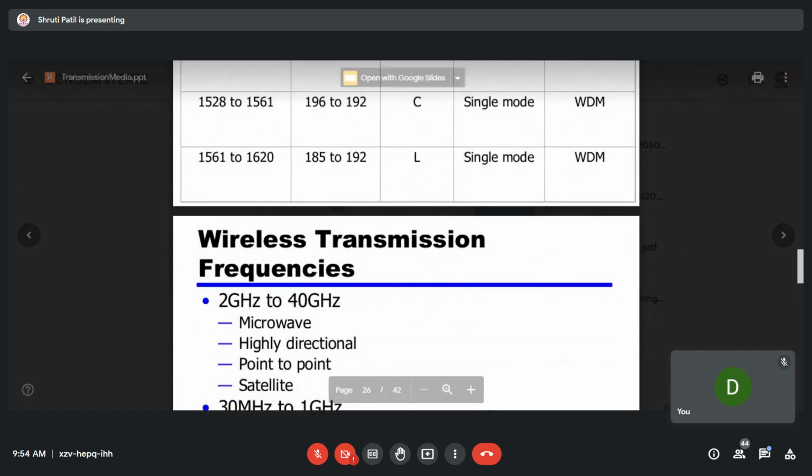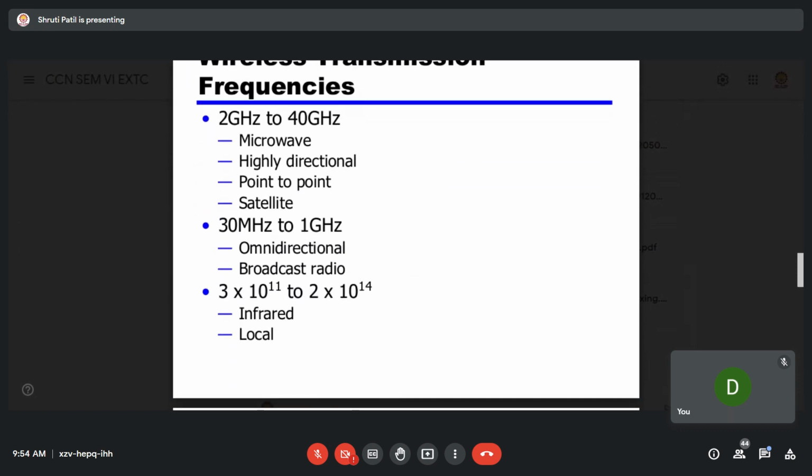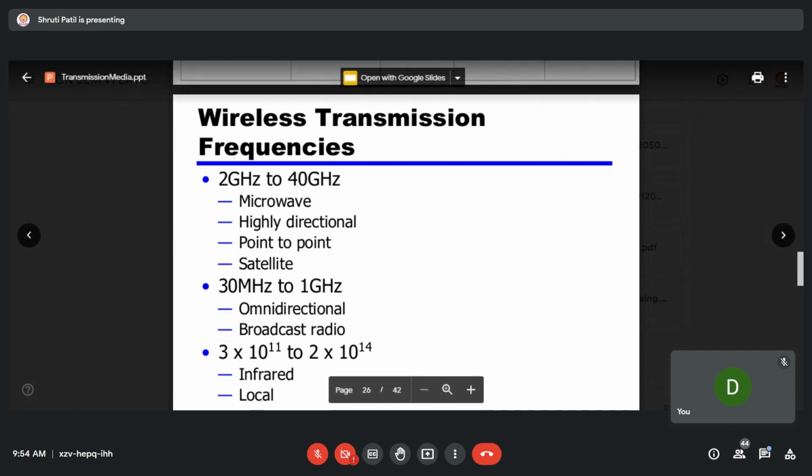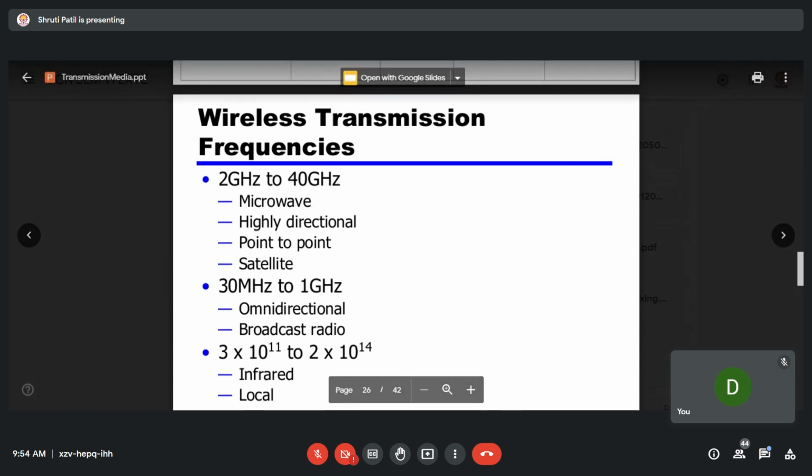Now next is the wireless transmission medium. We know the electromagnetic spectrum. Wireless transmission means you will be using different electromagnetic waves: microwave, infrared, and radio frequency, RF signals. In the range 2 gigahertz to 40 gigahertz you have microwave, highly directional point to point. You have satellite communication in this range only. 30 megahertz to 1 gigahertz